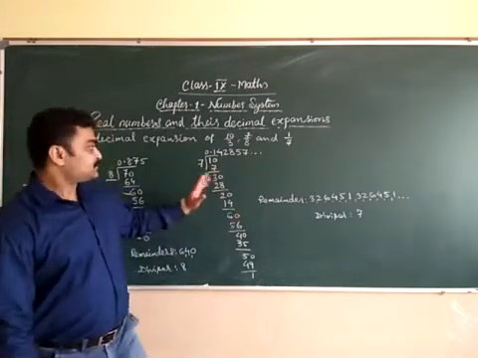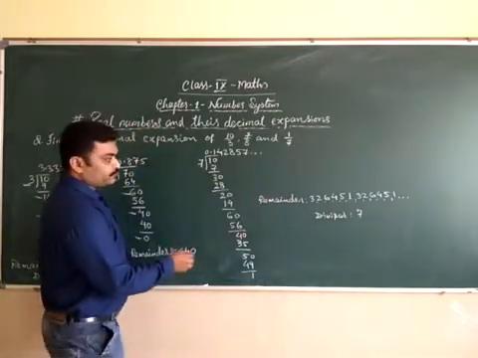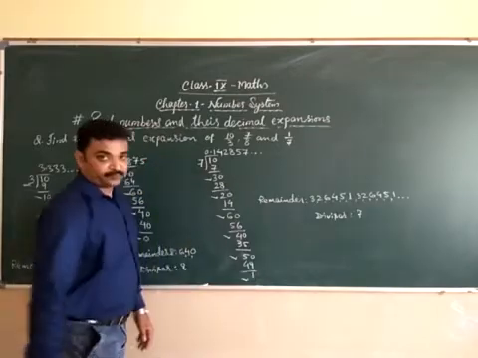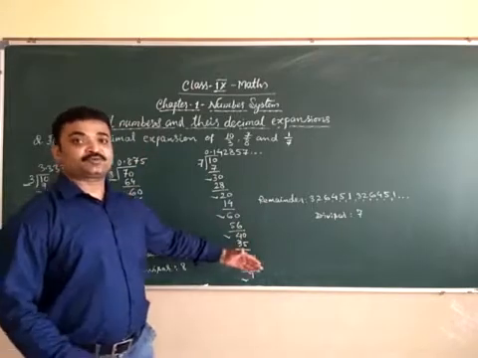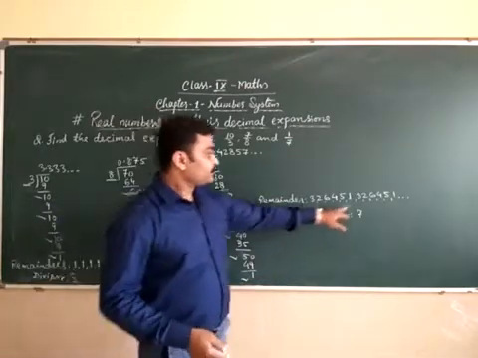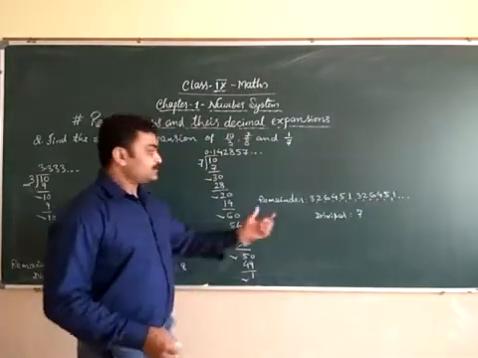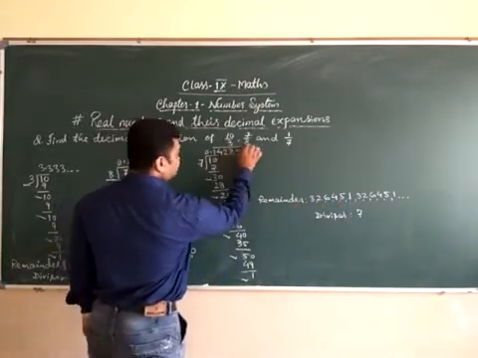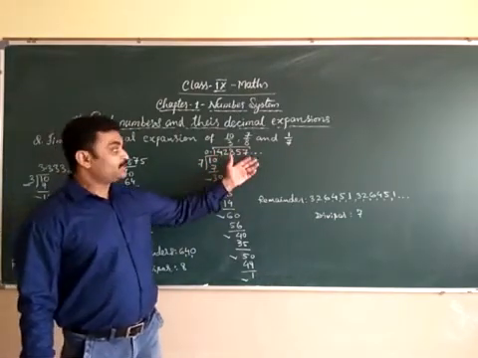Now in the third case, the question is 1 upon 7, that is 1 divided by 7. Here after division we will get the remainders 3, 2, 6, 4, 5 and again 1. Here we get the remainder 1 at the last stage, and then this process will repeat, and we will again get these remainders 3, 2, 6, 4, 5, 1. That means it is repeating. This portion, 0 point after decimal 1, 4, 2, 8, 5, 7, is repeating.